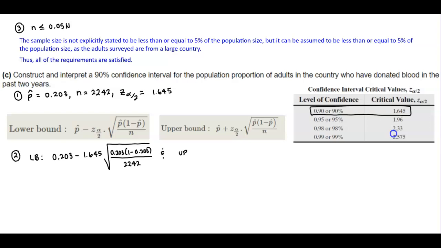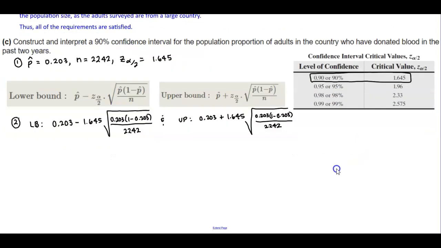And we want to find the upper bound, which again is 0.203 plus 1.645, the critical value, times the square root of 0.203 times 1 minus 0.203 over the sample size of 2,242. Okay, so let's go ahead and